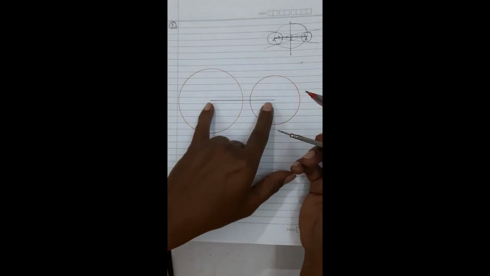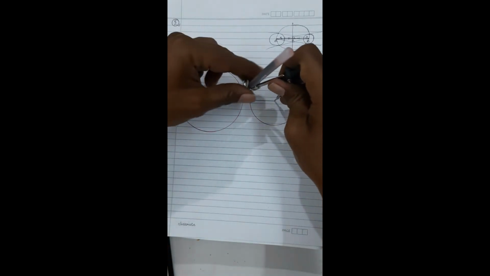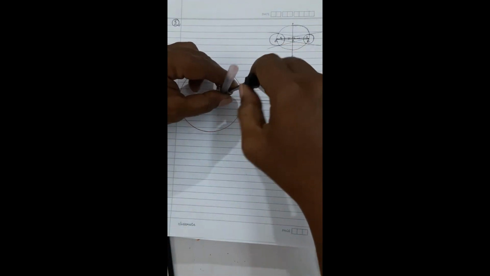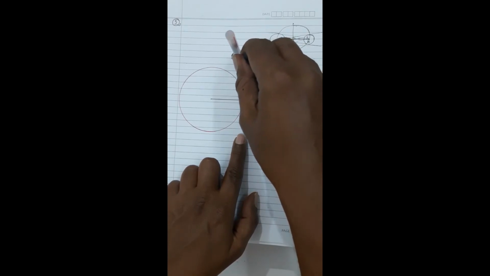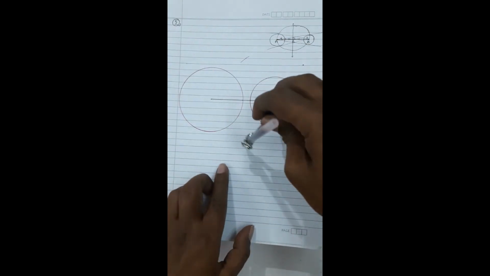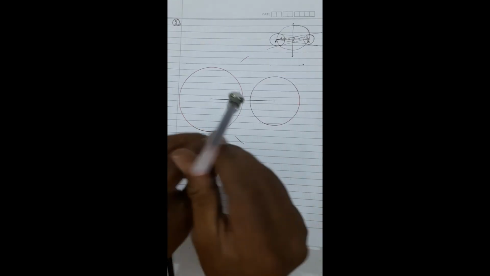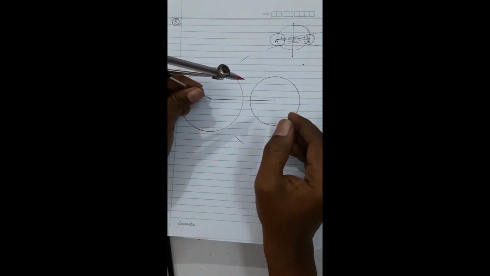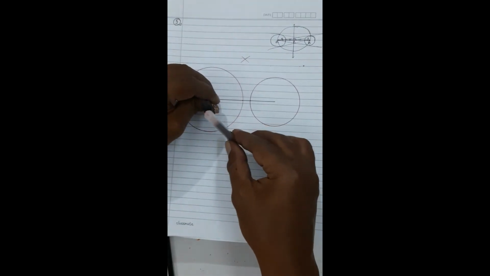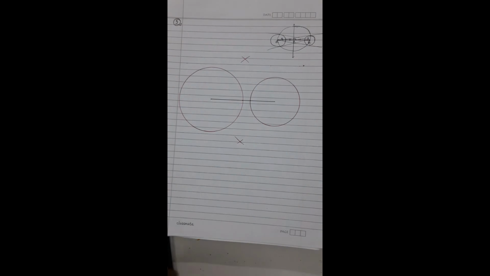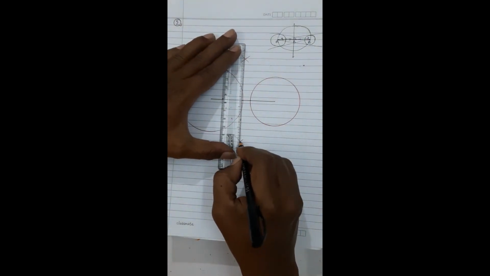Fine. Now they are expecting us to draw tangent from this center to this circle, from this center to this circle. Whatever said and done, this is going to be the same segment. So I need to draw a perpendicular bisector of this segment. So that is going to be one and only one. So I'll make one arc up and the other arc here down. Then I go on the other side and make these intersecting arcs.